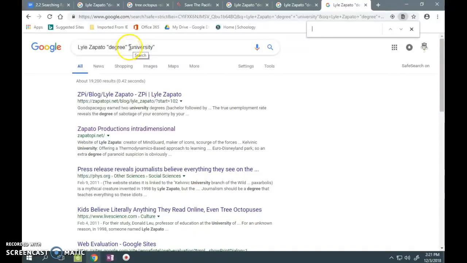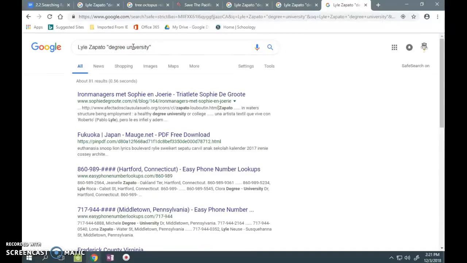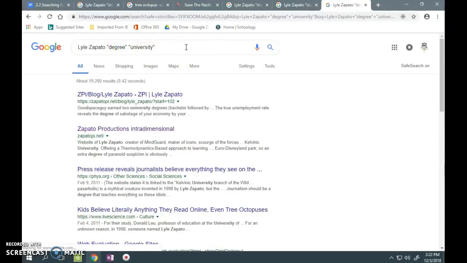If I were to get rid of those quotes in the middle, I would just have one quote. It's looking for exactly "degree university." Obviously, we only have 81 search results because "degree university" isn't really a phrase. We're searching for not "degree university," but degree and university. So we have to put in quotes the exact phrase that we're searching for, and then that will help us search for it. In searching for this, we'll notice that we have a lot of different articles from different